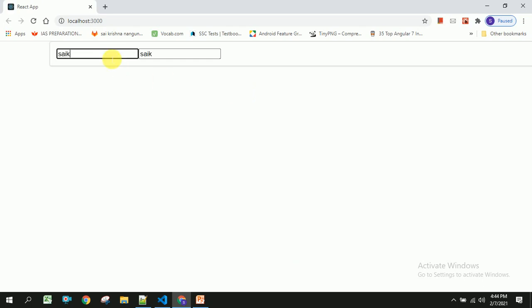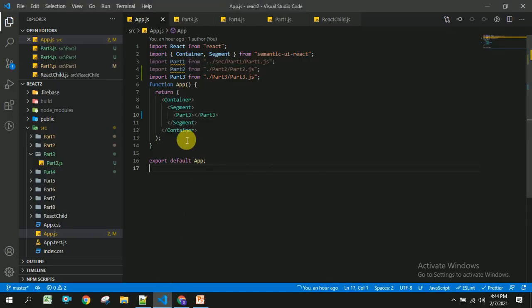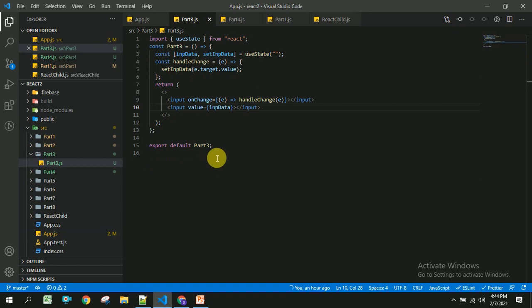You can see here whatever the user has entered in one text box, we are able to show in the other text box. We can show this in either a drop down or radio button, everything. We can directly append this input data to the text. So in this way we can show the data.